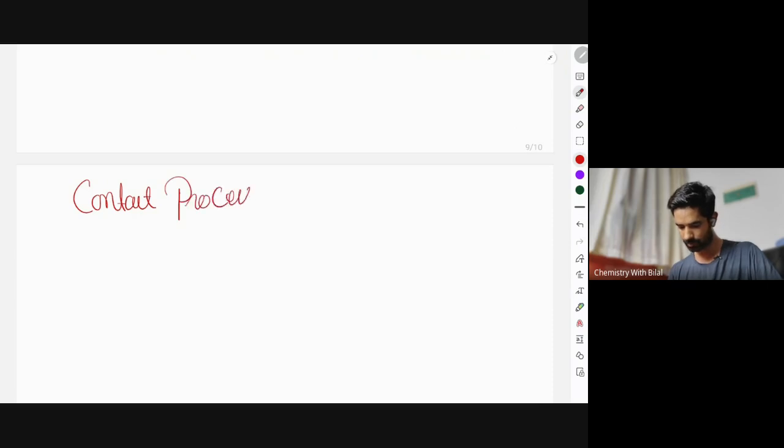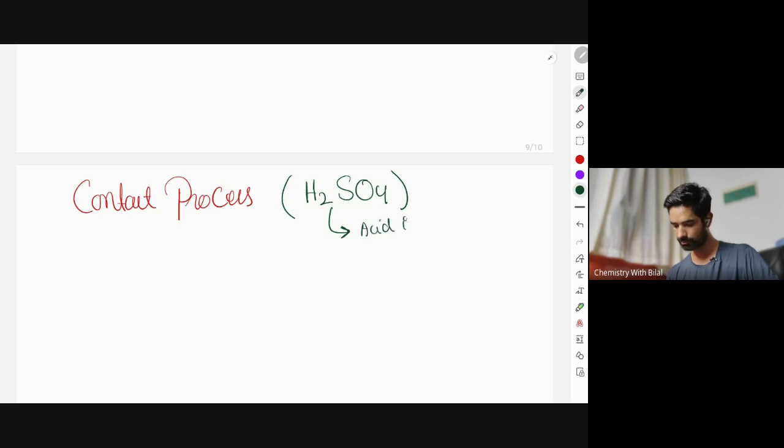And in the contact process, what do we make? The king of chemicals, called sulfuric acid, right? Now, sulfuric acid is used as an acid in car batteries, and also,